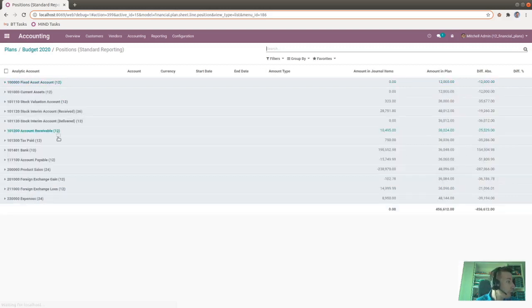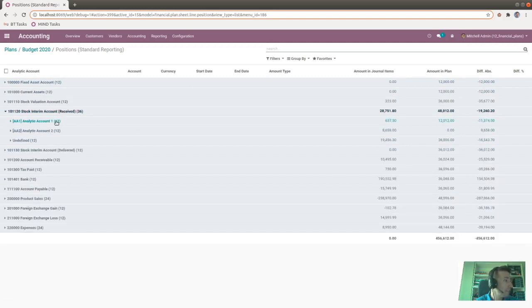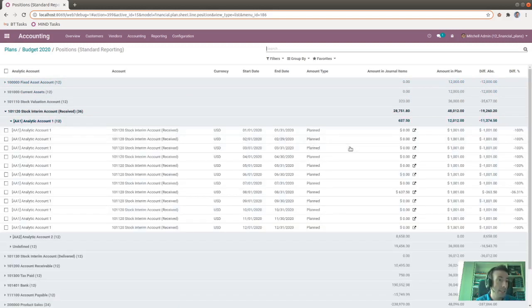If we go to, for example, stock interim account received, and we check some values, you will see that, for example, for August we have $637 within the journal items, and we have $1,001 here in the amount in plan.